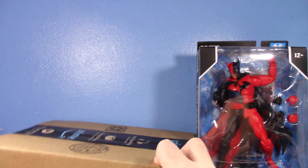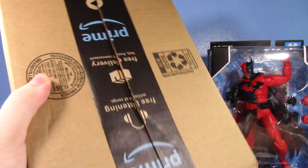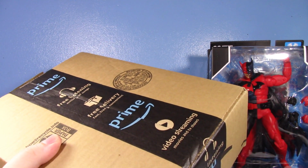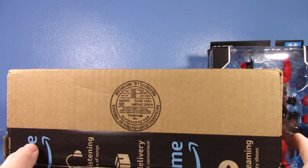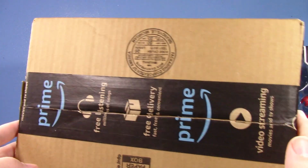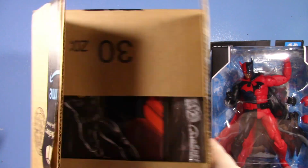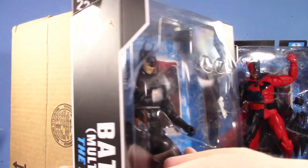So awesomely, the last one is actually the one I've been looking forward to the most. This guy has been nothing short of a pain in the ass to get. McFarlane just didn't make enough. I guess they did another run of them, because I was able to get an order in on this. I didn't pre-order it. I really should have pre-ordered this. This came out during the time where I was like, I'm not really pre-ordering stuff anymore. And I didn't pre-order it, and it was an instant, super mega sellout. Never had the chance to get it again. But thankfully, McFarlane must have done another production run, because I finally have